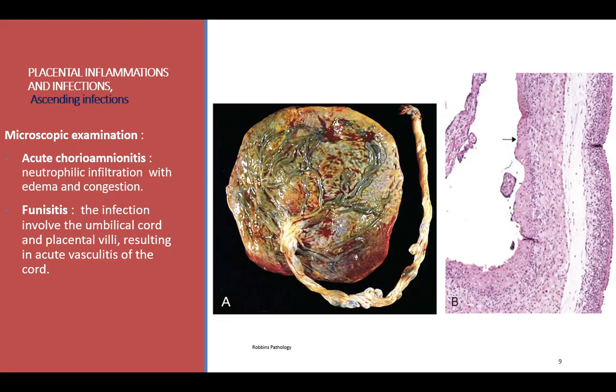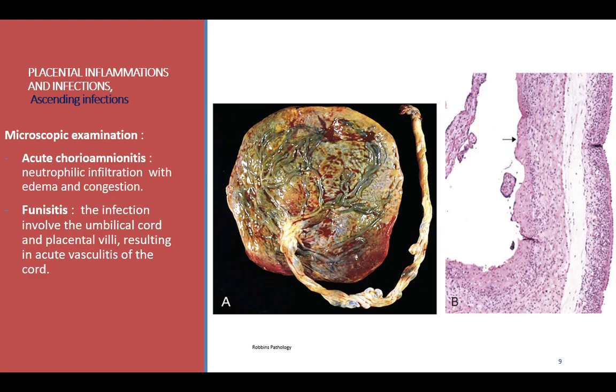Actually, most of the time, inflammation in the placenta is seen in the membranes. Many times actually, we see it also in the umbilical cord. Rarely we see it in the chorionic villi. So how to confirm the presence of infection, of inflammation? It's mainly by examining the membranes, umbilical cord, and the chorionic villi. Most of the time the confirmation is seen in the